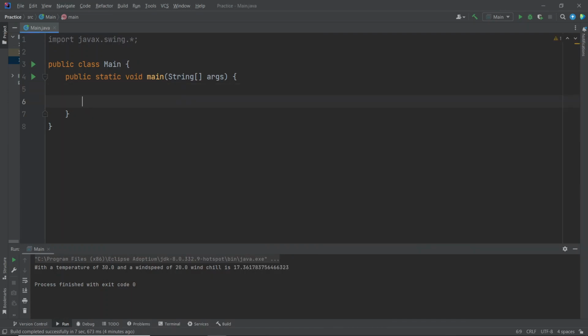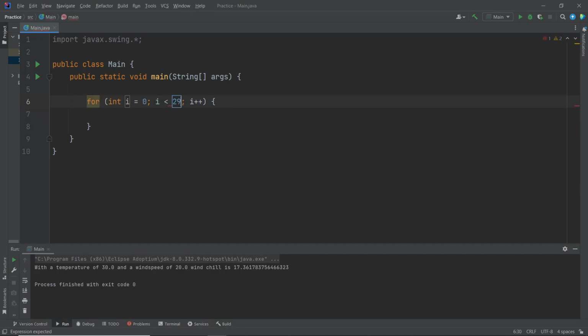So let's do that. I'll start off by looping 20 times. So for i goes from 0 to 20. So now I'm sure I'm looping 20 times. Let's save our 2 die values. So I guess we could do this. So int